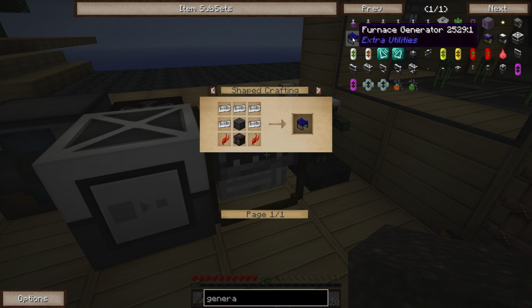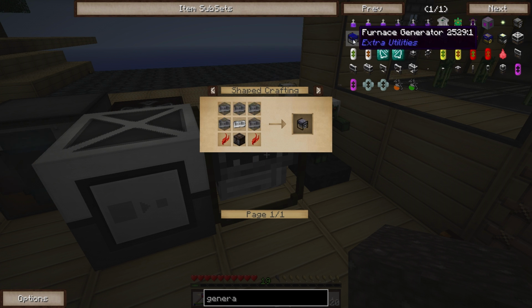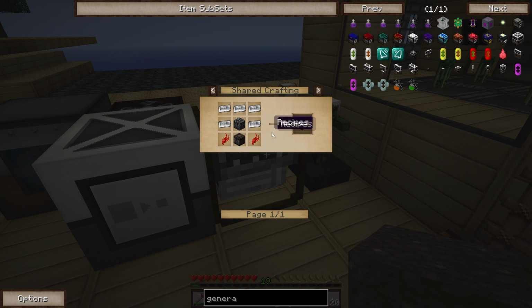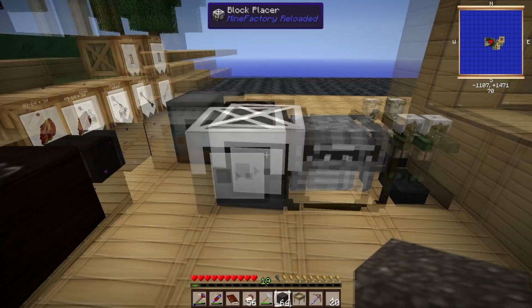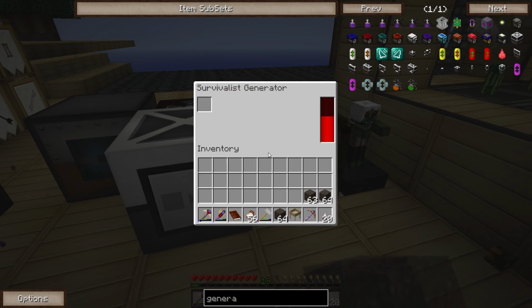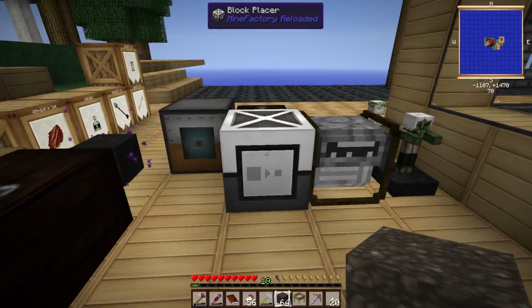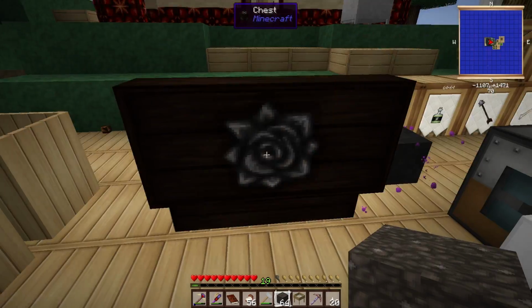times longer. So, for example, the furnace generator would be like the upgrade from the survivalist one, where it's slightly more expensive, so it requires like a block of iron and a furnace and stuff like that, as opposed to just some cobble and 1 iron. But what this does, the fuel lasts a lot longer. This block placer uses hardly any RF. I think I put maybe 8 wood in here total, and it's produced 300,000 redstone flux. Reasonably slow rate, but because this block placer doesn't really take that much